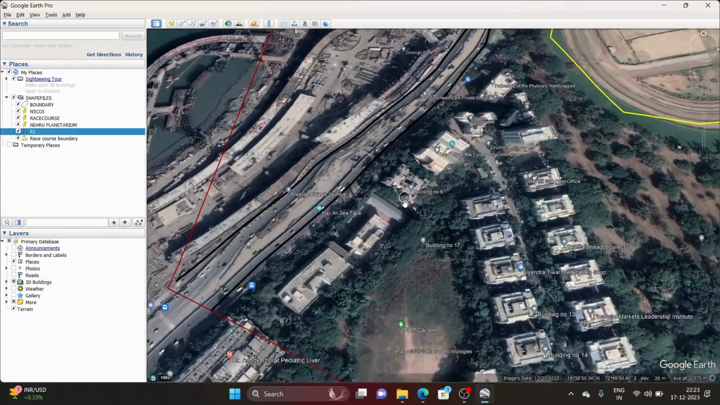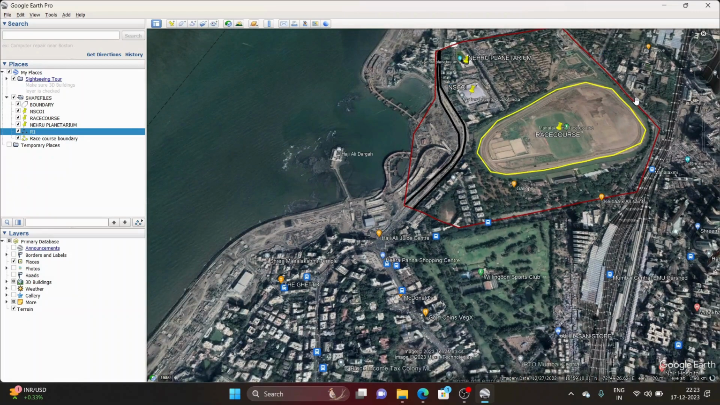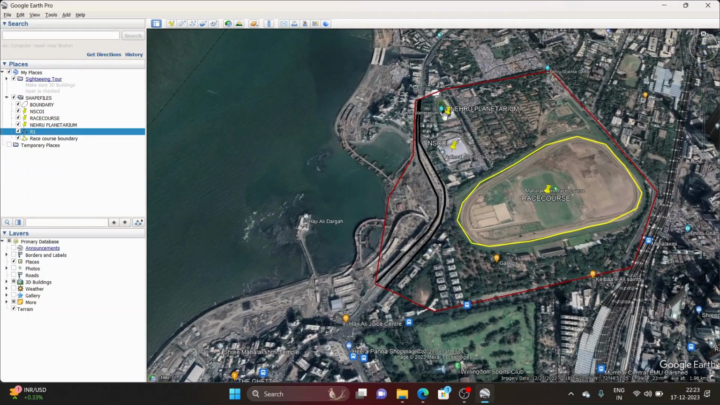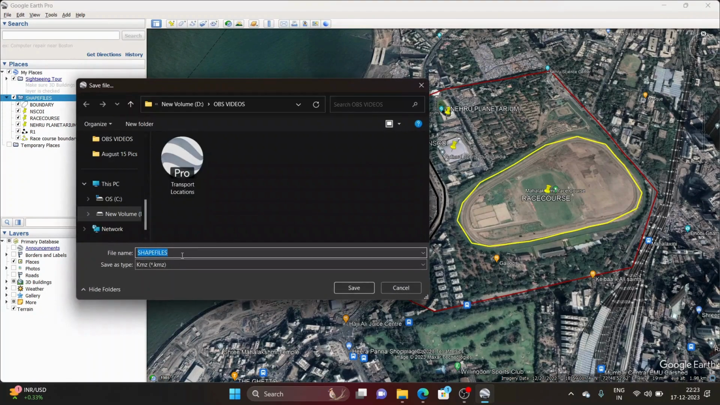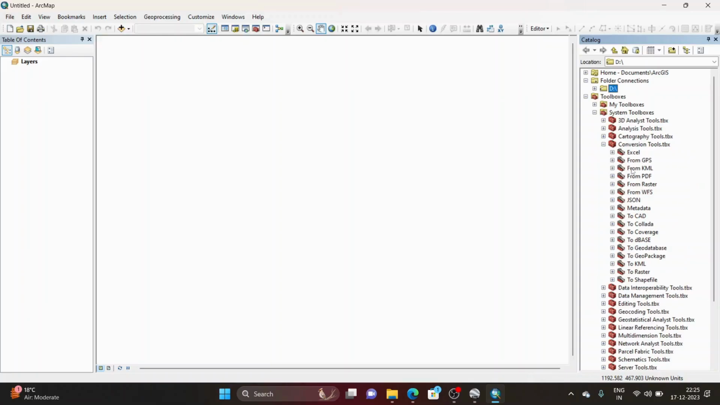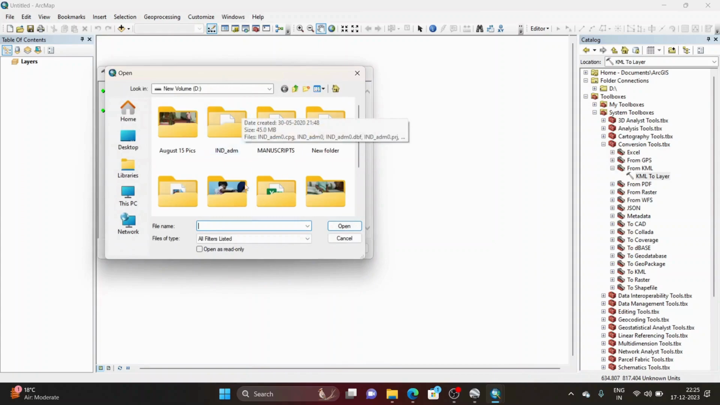So now we have prepared all our shapefiles. We have a polygon, we have a polyline, and we have some place marks. Now we want to export the entire thing into our ArcGIS platform. So what you have to do, you right click, save places as, we can write save files. Then you go from KML to layer. So here you select